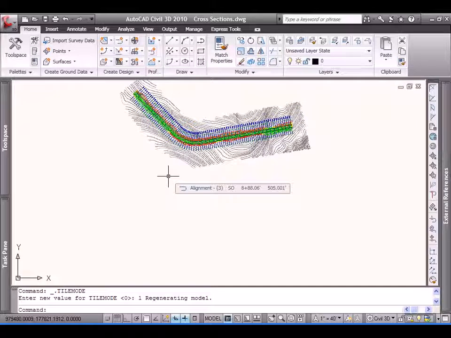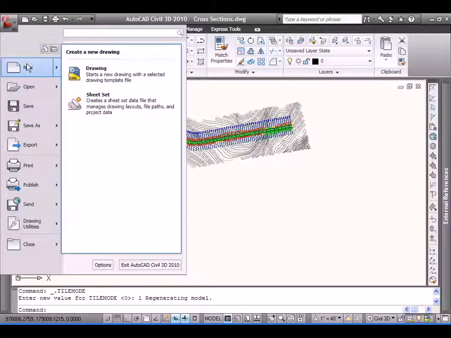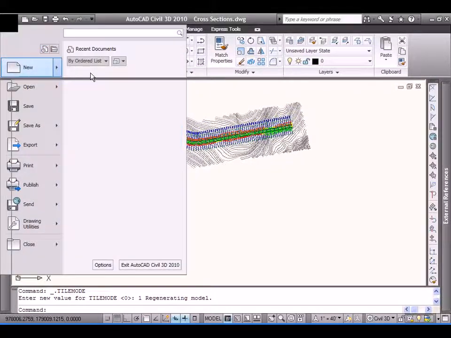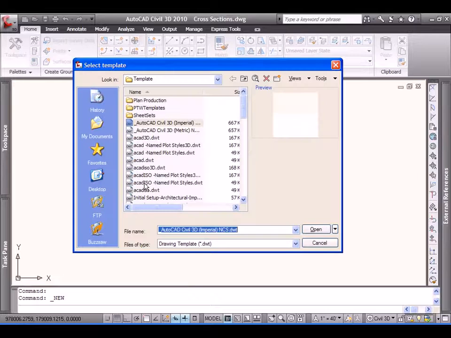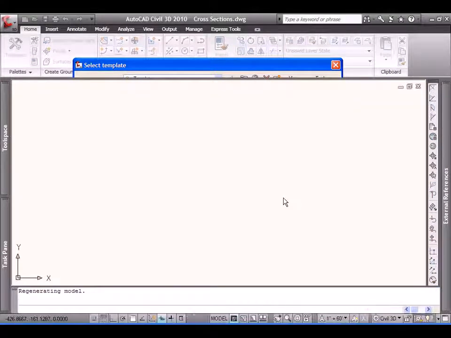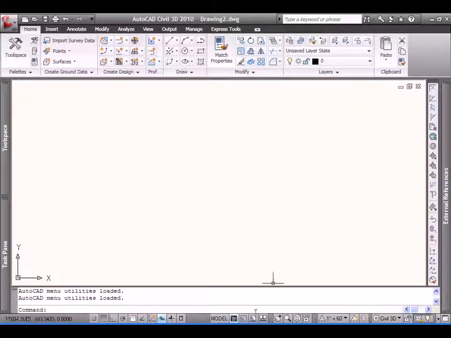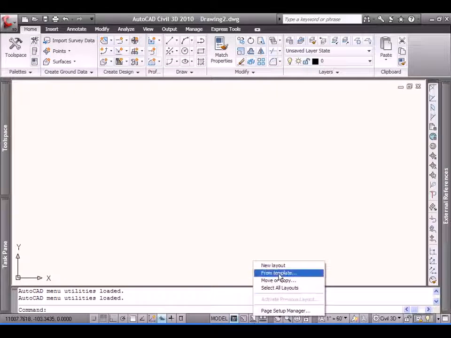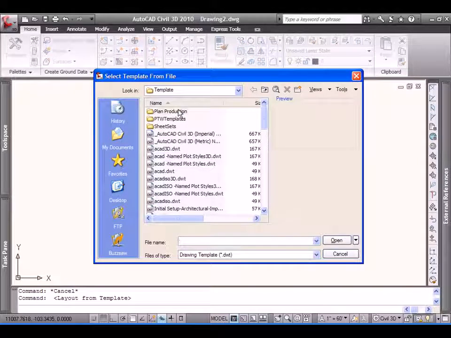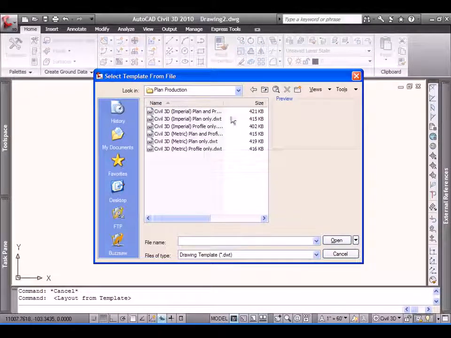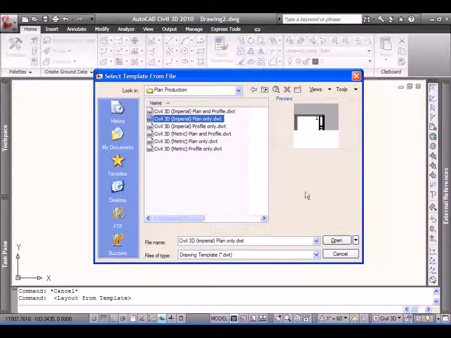The first one is I need to make a template that will be used as the basis to create my cross-section sheets. So we'll create this new template by just building a drawing using the standard defaults. And when that drawing is open, we'll create a template from which to work. What I'm going to do is select one of the default sheets that ships with the software, and we'll do maybe something that is just plan only